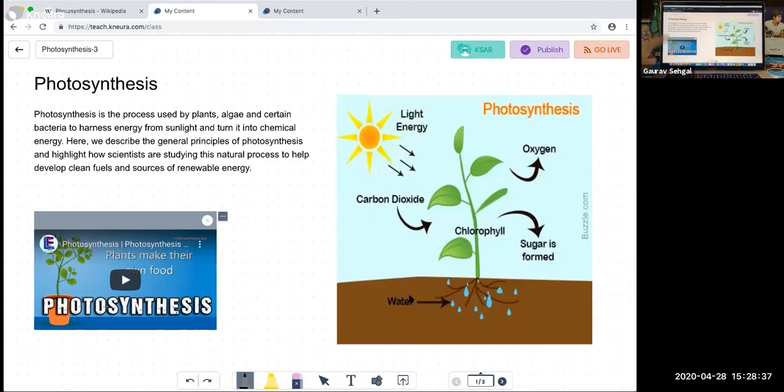Here you can see this is the student screen, and I'm able to access the content the teacher has created, and I can learn this entire lesson at my own pace. I can understand the topic the teacher has shared, and I can also see the questions at the end. I can move ahead in the lesson and change the pages, but I cannot change any order of the lesson which the teacher has created. So now let's look at the next part, which is the teaching part of it.